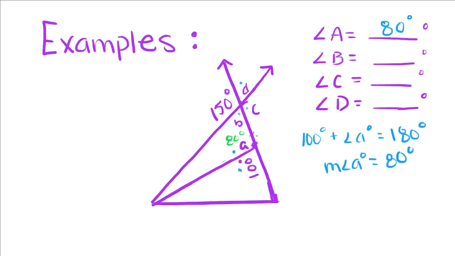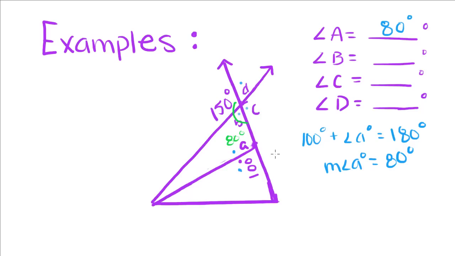So now I want to find the measure of angle C. We can do this two ways. We can set 150 plus B equal to 180 because these are supplementary angles. Or we could set 150 equal to C because these are vertical angles and then do the supplementary angles for this one. But first I think what we're going to do